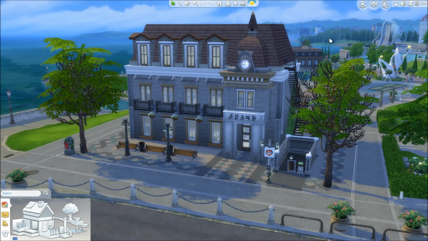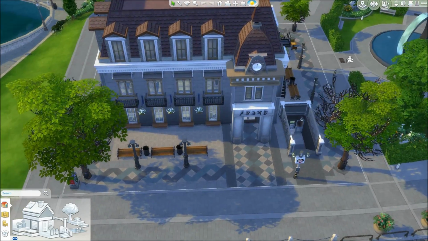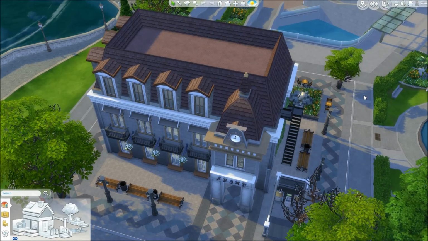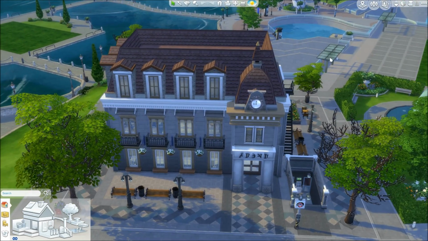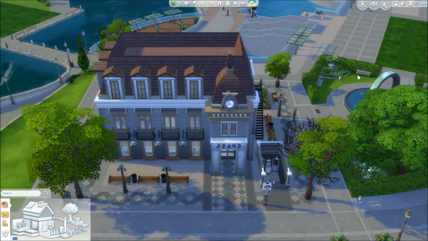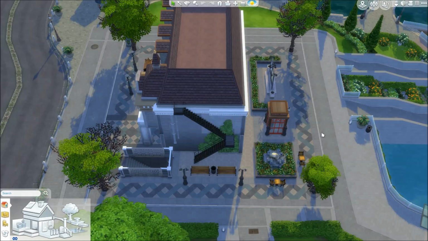So I made this, and it's set as a library, so it is a fully functional lot. But it is meant to be a bank, and since it was a request, I originally built it for the person who requested it, but I do quite like it, so that's why I kept it for my world. It's on a 30 by 30 lot, I believe, so it's kind of small,